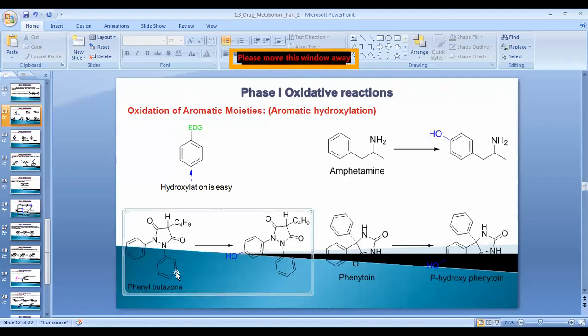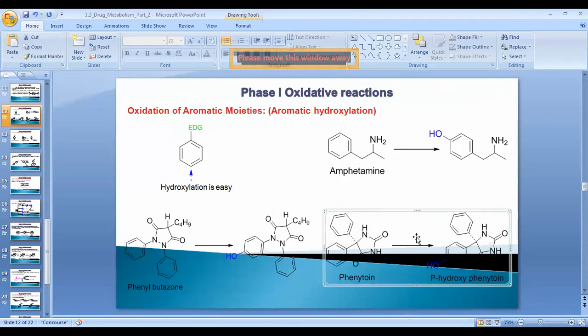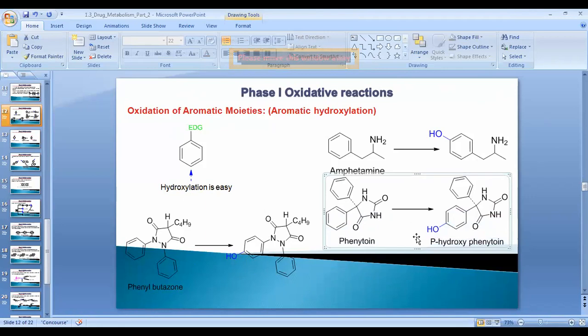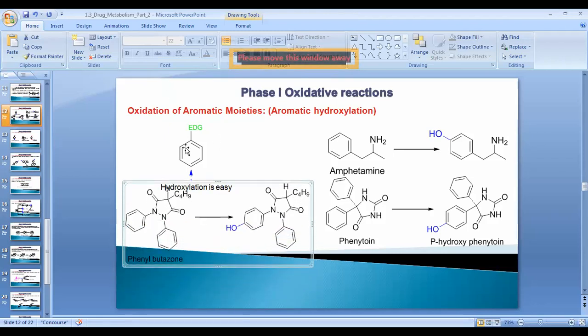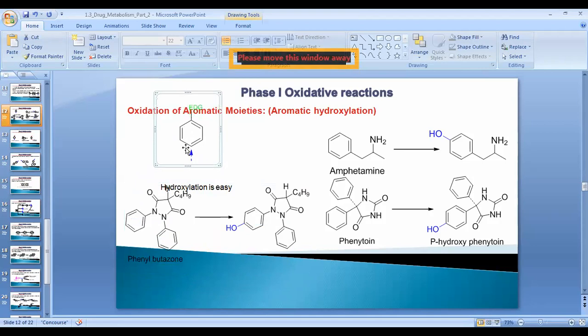Then the next drug molecule is phenylbutazone, which has an aromatic ring, or benzylic ring, in its structure. It is metabolized through hydroxylation. Then metabolism of phenytoin, conversion into its hydroxylated derivative. So such metabolic reactions are there for the first type, that is aromatic hydroxylation reaction. We will see the remaining